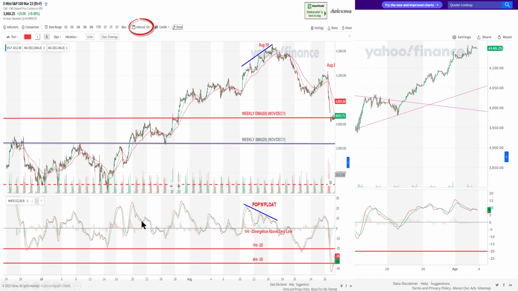But look where we are, guys. Look at this. This is higher than that. That's not even close to the zero line. So you know what I mean? That's why we're in buy the dip mode right now. And on top of that, the weekly MACD is curling up above the zero line. That's why we are in buy the dip.